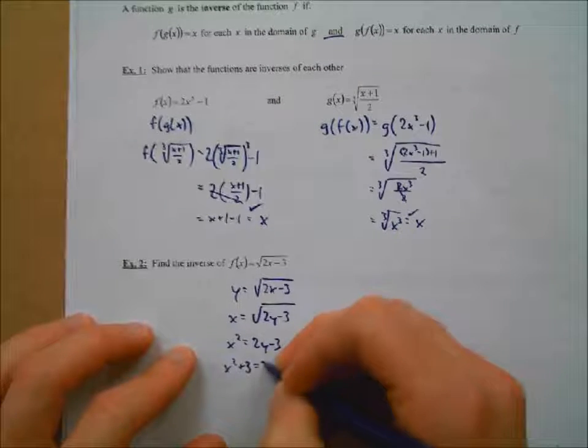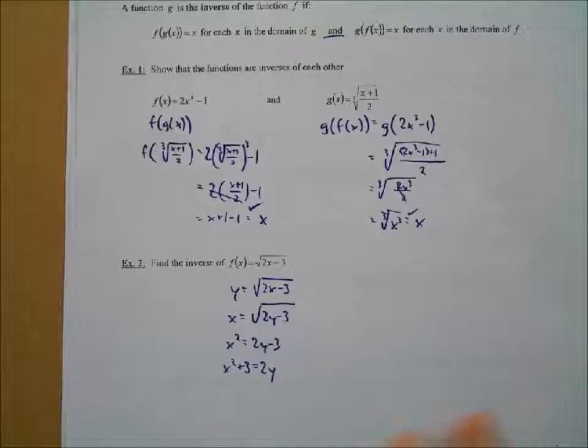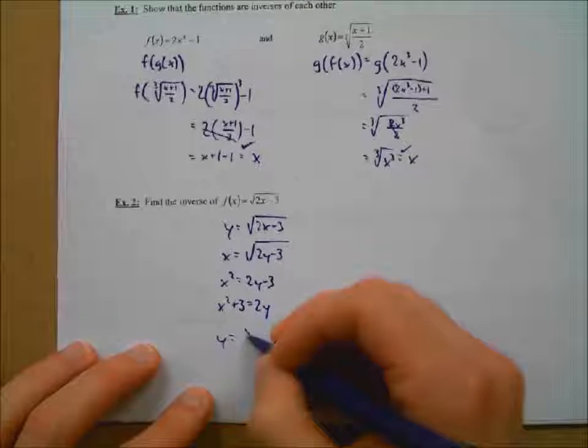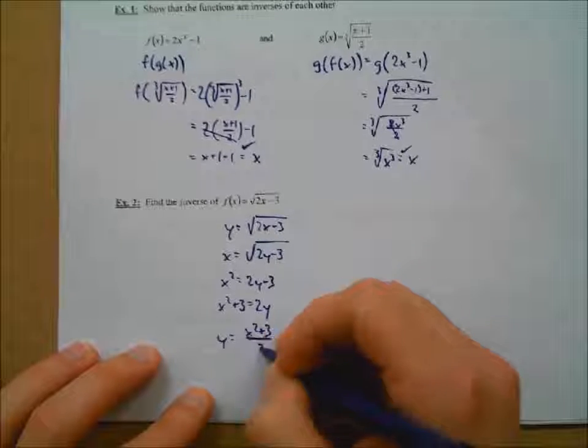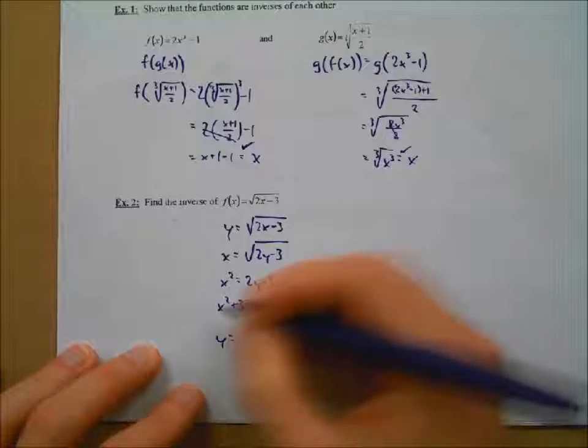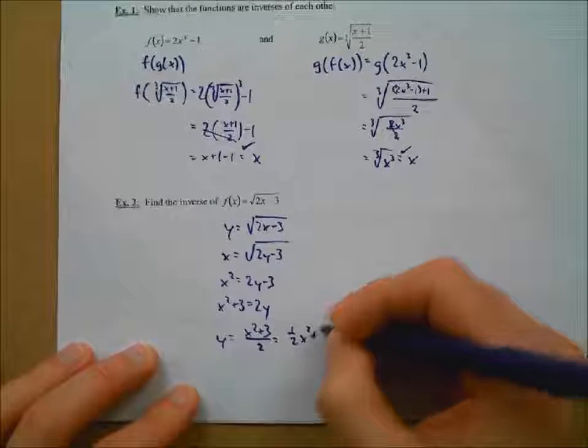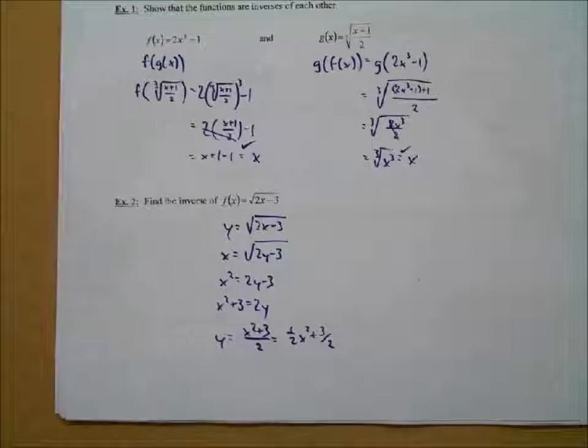All right, and then we'll divide through by 2. So you could say, y equals x squared plus 3 all over 2 if you wanted to, right? Because we're dividing both sides by 2 there. Or you could then break it up and make it 1/2 x squared plus 3 halves. Okay? Now,